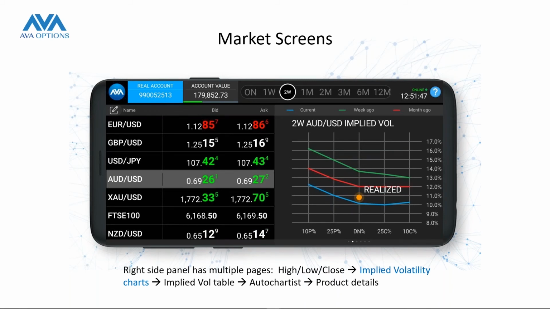Implied volatility is the measure. It's the one number that we can use to describe the pricing of the option. Higher volatility is more expensive, lower volatility is cheaper. In this example, in this screenshot, blue is showing us where options are today when quoted by implied volatility. Blue is today, green is where they were a week ago, and red is where they were a month ago. So at the time of this screenshot, options on the Australian dollar were much cheaper than they were a week earlier.